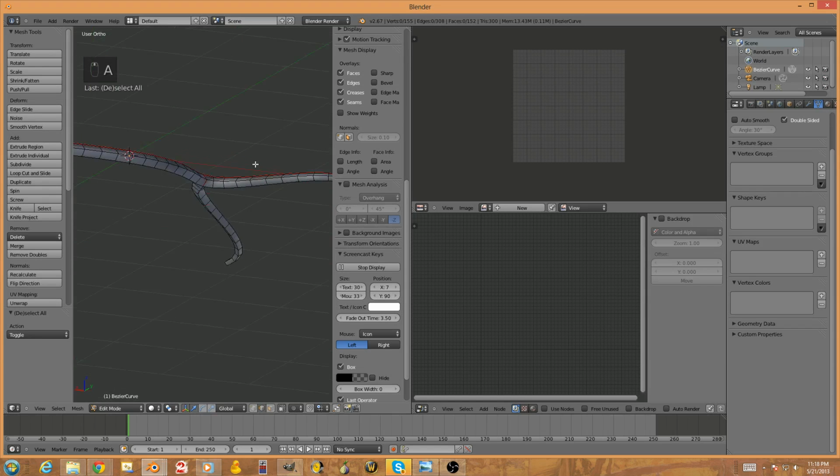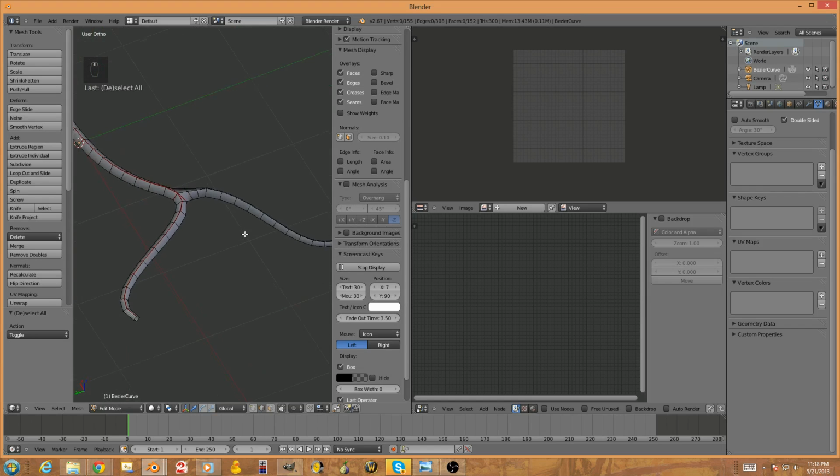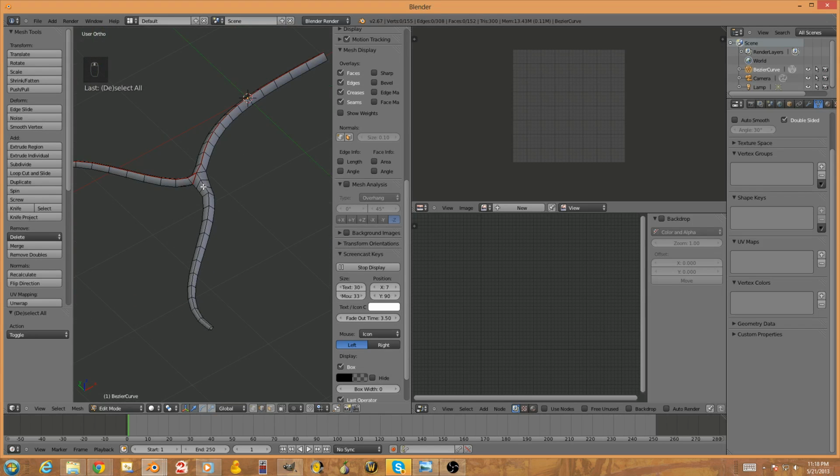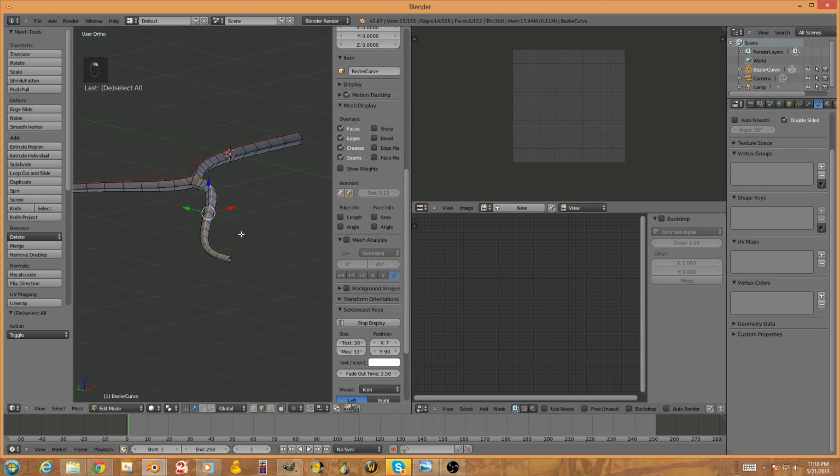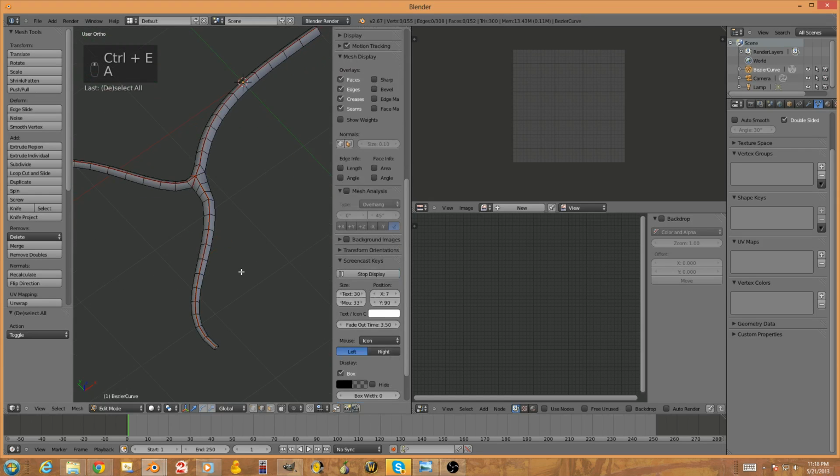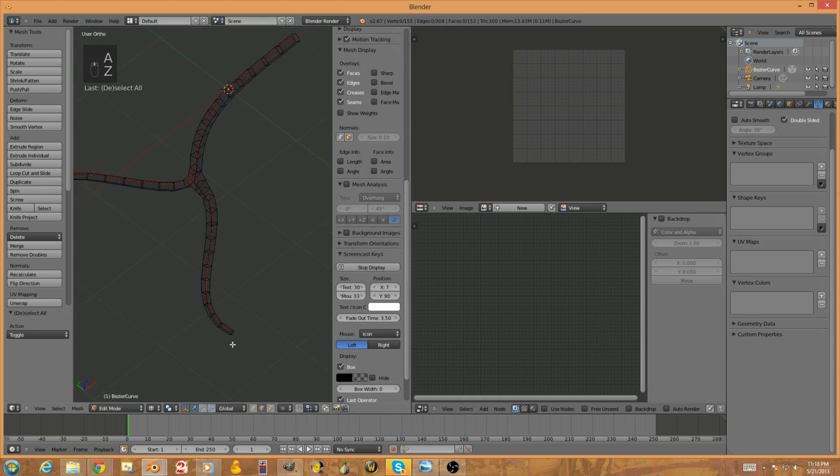So now we already have a pretty nice seam structure coming out here, and we can just repeat the process and have this one all done. Remember, if you hold Alt and right click on one of those edge loops, you can select the whole edge loop. Pretty convenient. So now once we're done marking the seams, it's a good idea to take these end edge